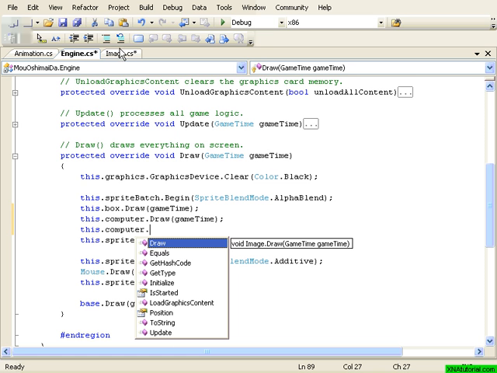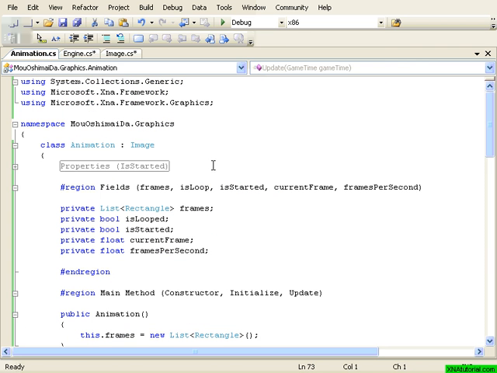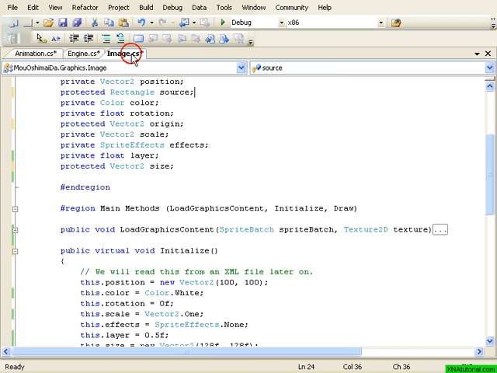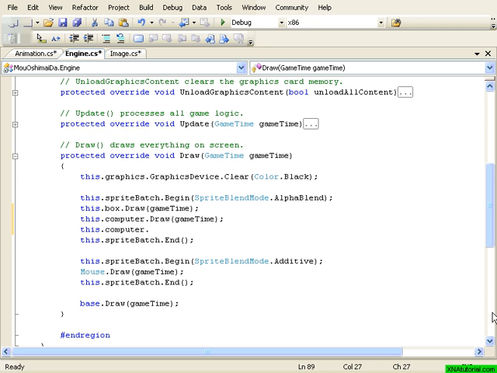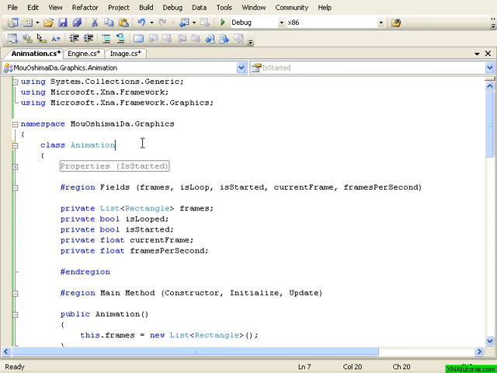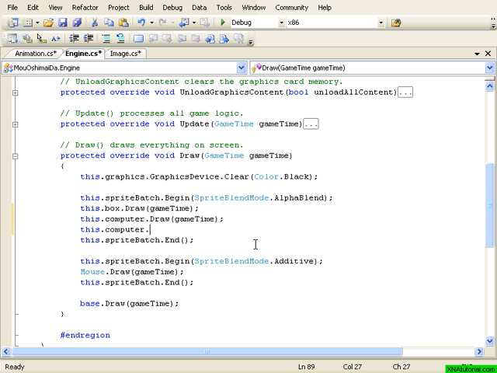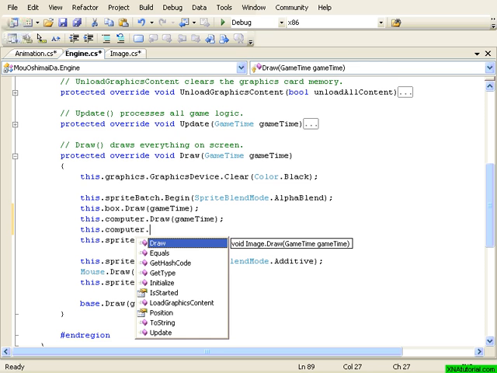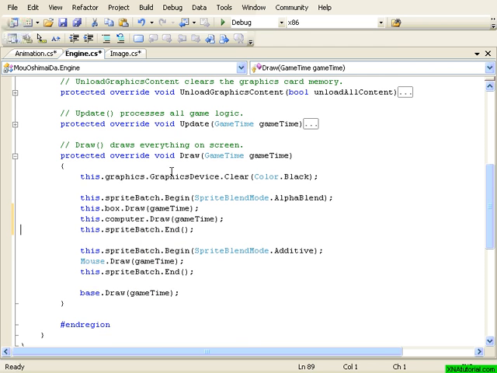Well, if we go over to the animation class and we don't inherit from image, then when we go back to the engine, you'll see that we don't inherit as many. So inheritance simply just borrows some methods and fields from other classes. And if we go back to animation,